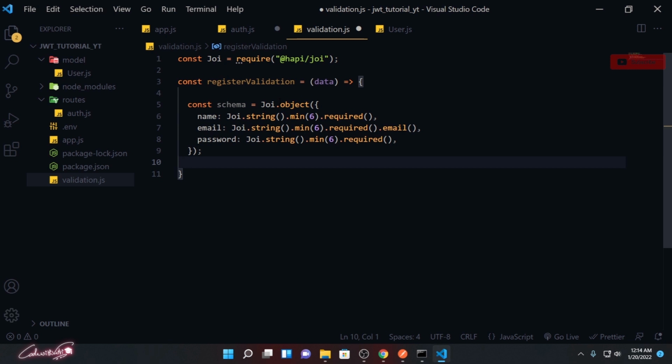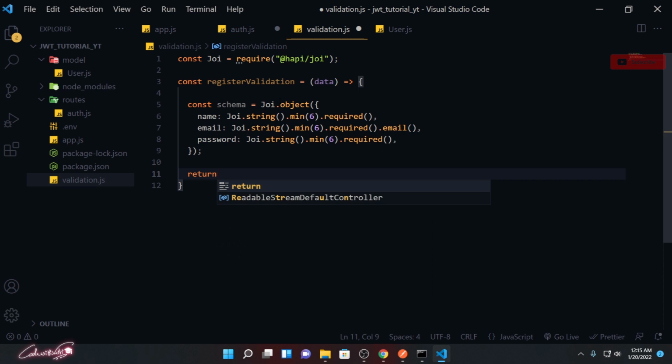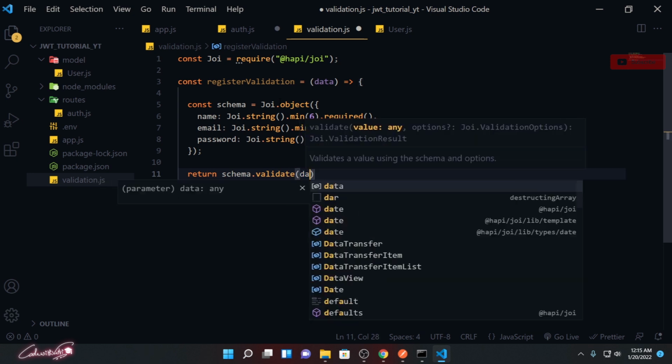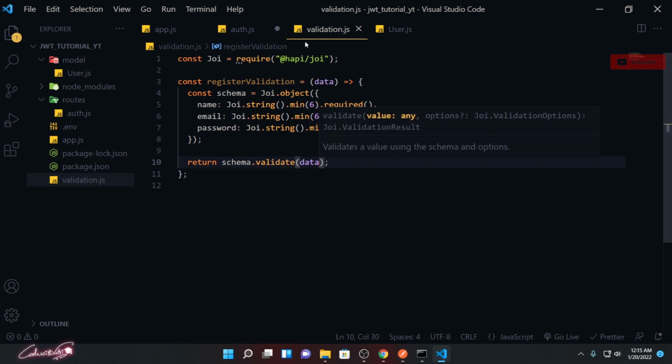So this is the schema we are going to create, and this function is going to return schema.validate of whatever data I'm passing to this function, and return that validated data back.